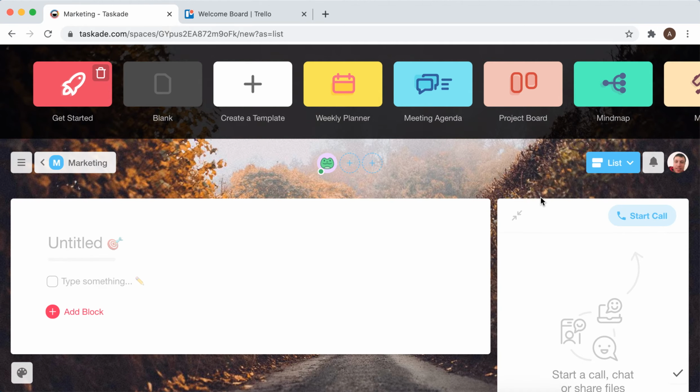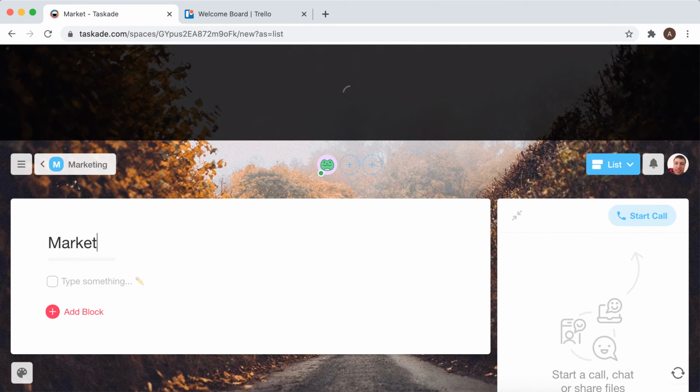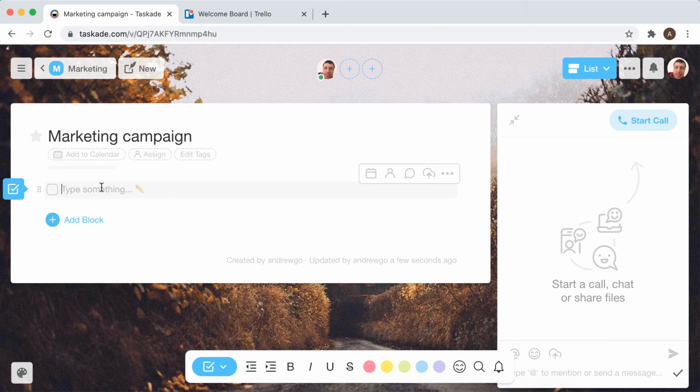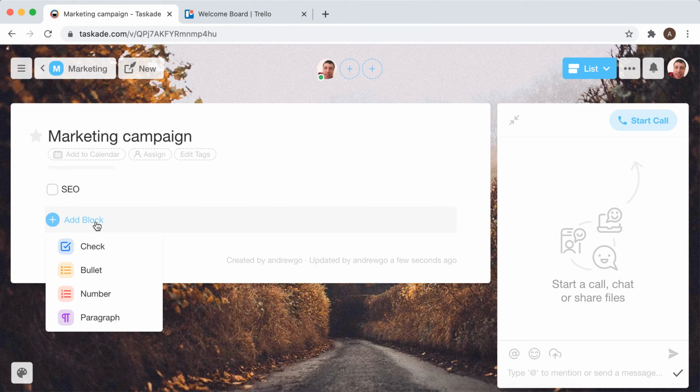So let's just start with some marketing campaign. I'll just go through it. I'm not a super experienced user of this tool, but let's just go through the flow and see what happens. So I just want to organize some marketing campaign. So let's say I need to do SEO, and then if I want to add another block, there is another